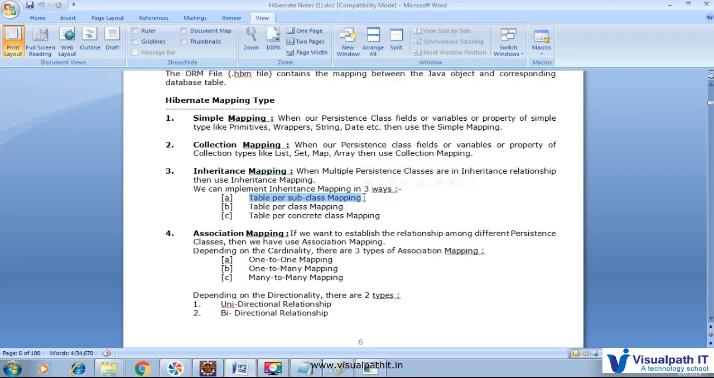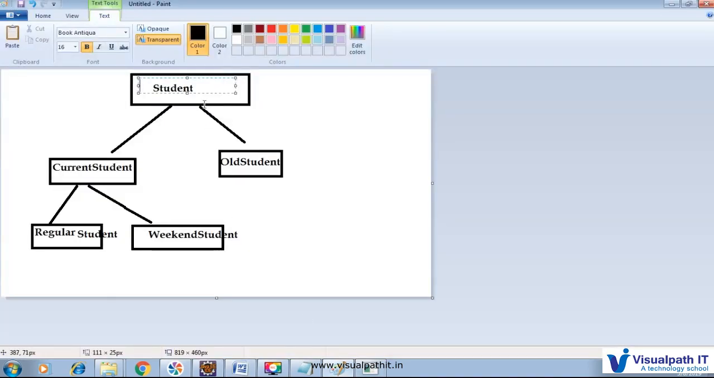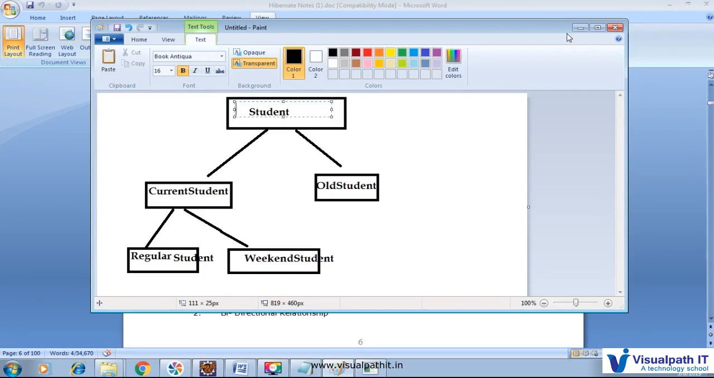3.2. Now next we will see how table per class mapping is working. Here table per class mapping is the same inheritance mapping, the same situation we are going to utilize. Means this also has a student, current student, regular student, weekend student, and old student. But here strategy type equal to